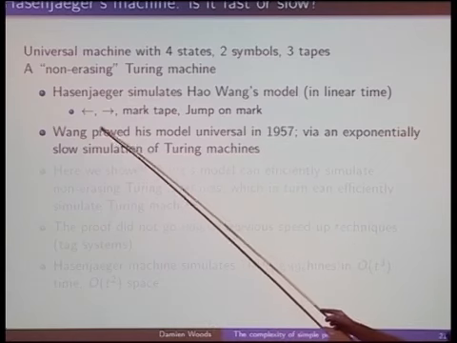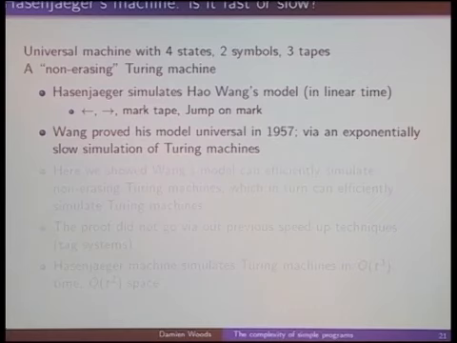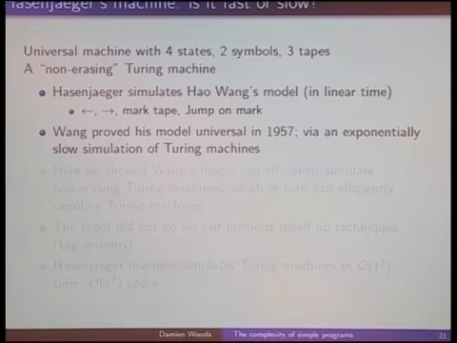This Wang machine has a single tape, can make left or right moves on that tape, can mark the tape, so you can punch a hole in the tape, okay? And it can jump based on a mark. So it's kind of go-to programming on a tape, I guess, is the way I would think about it. That's a rough description. Okay, so Wang proved that his model is universal in '57 via an exponentially slow simulation of